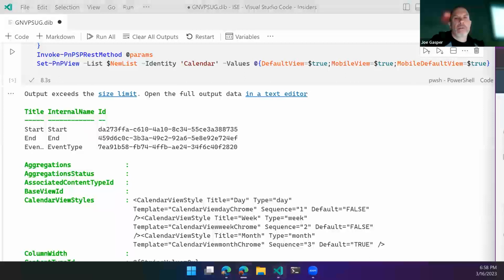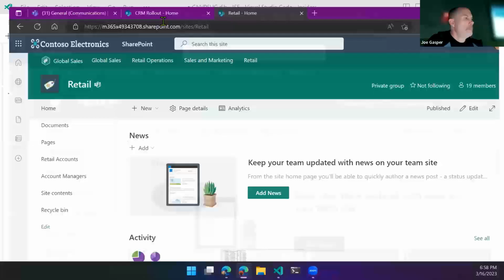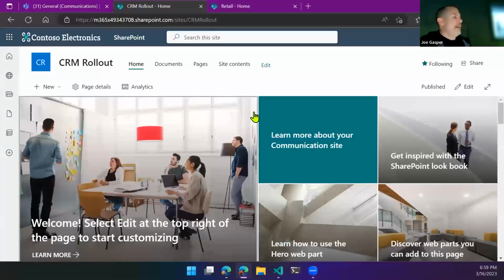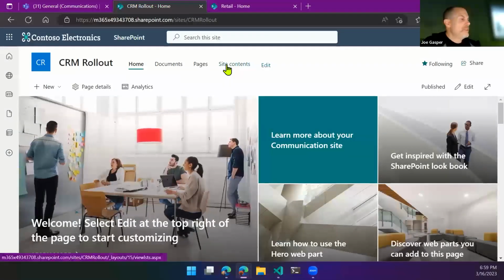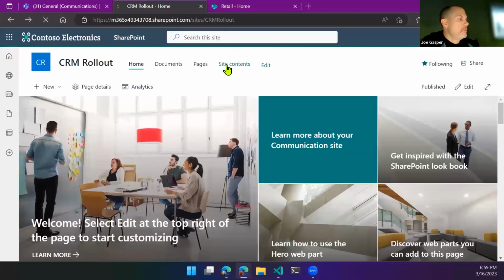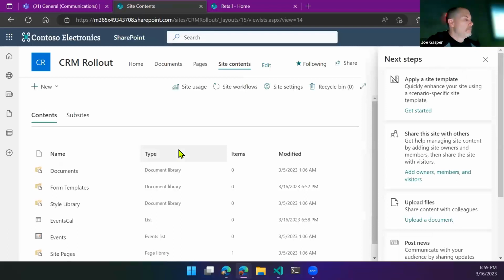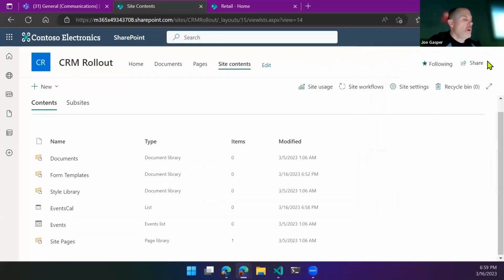So let's go back to this site. Is this Megan? That's Megan. So we got our CRM rollout. So let's go to site contents. This will give us an idea of everything that is in CRM rollout. And let's start with